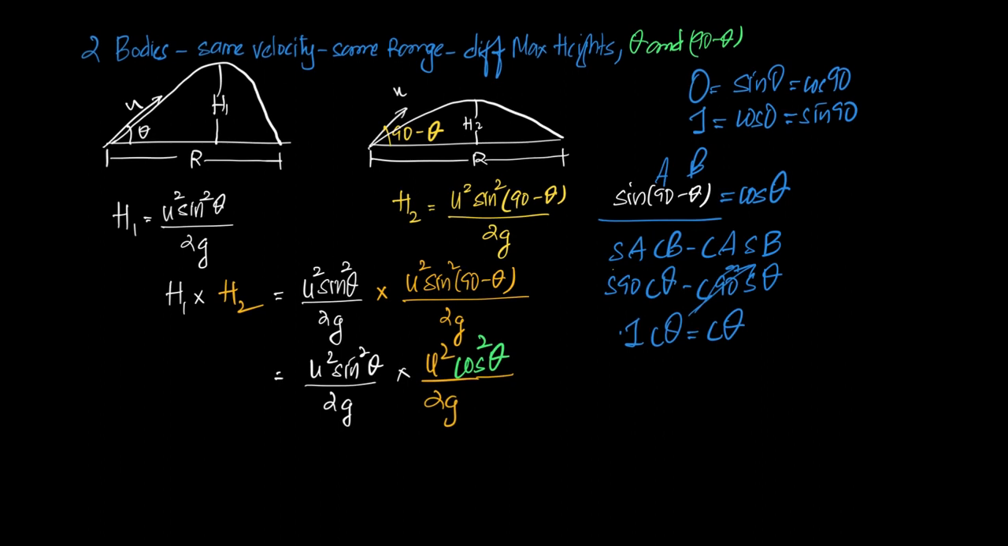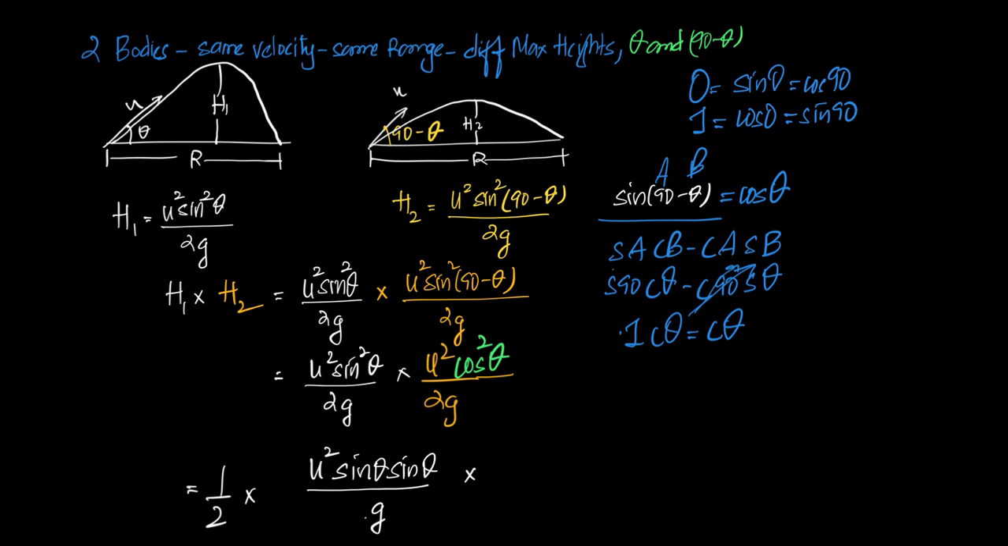Having said so, I'll make another rearrangement here. I'll write it like this: u square sine square theta, I'll write it as sine theta into sine theta, the whole upon 2g into u square into cos square theta, I'll write it as cos theta into cos theta, the whole upon